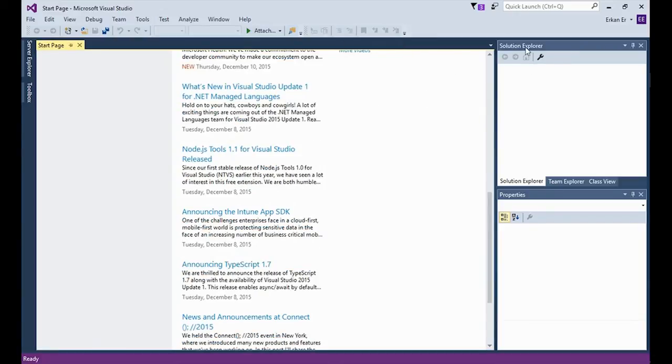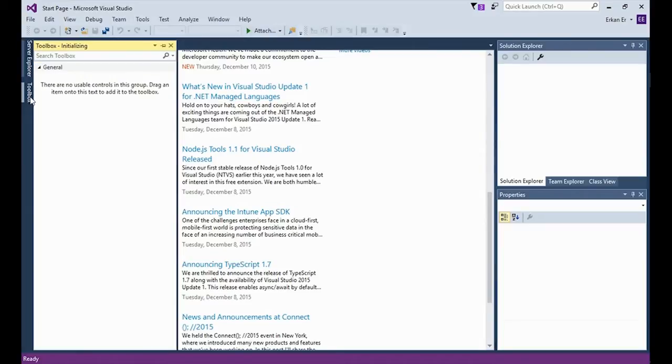I have Solution Explorer and the Properties window displayed on the right. Indeed, there are two other windows on the left-hand side, Server Explorer and Toolbox. If I click one of these headers, let's try Toolbox, I will see the corresponding window displayed. And the same for Server Explorer. I need to click on the vertical header bar to display the window because the Auto Hide feature was turned on. I need to click on the pin icon at the title bar to display Server Explorer and Toolbox, which will pin them to the workspace.